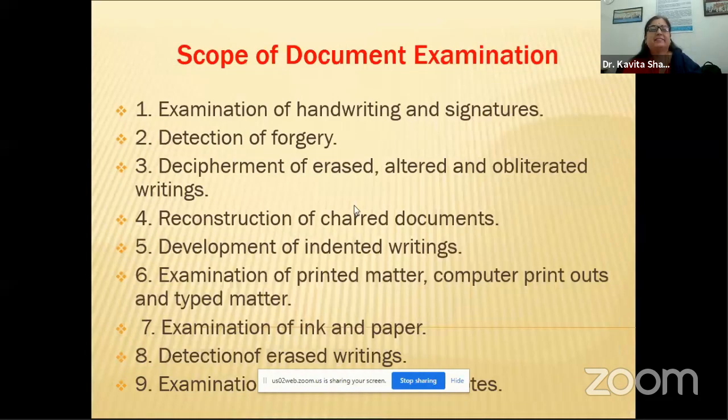Thank you. So we are talking about indented writing, which is examined with two methods. One is a crude method, by rubbing with carbon, and another is